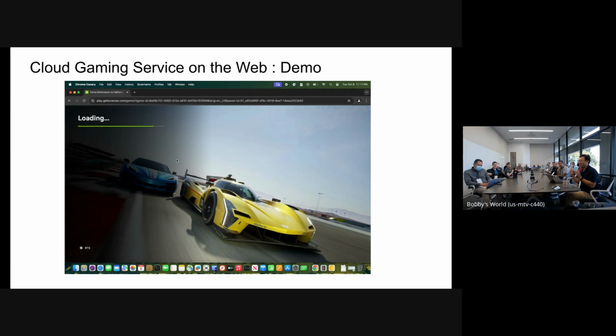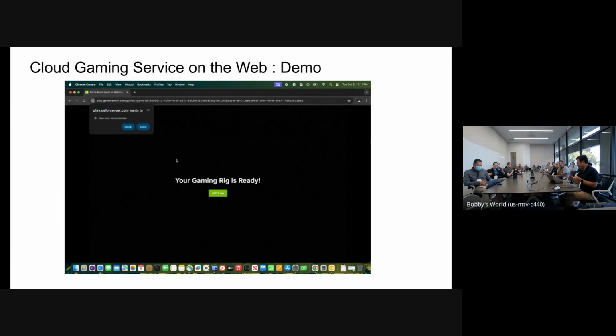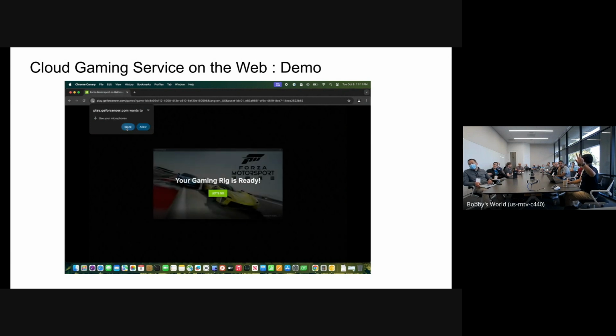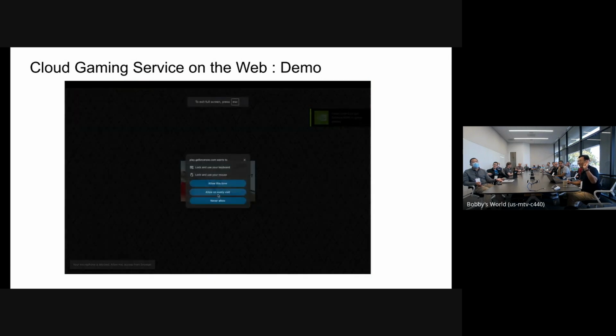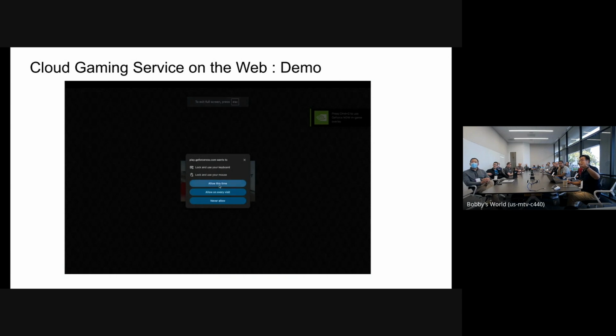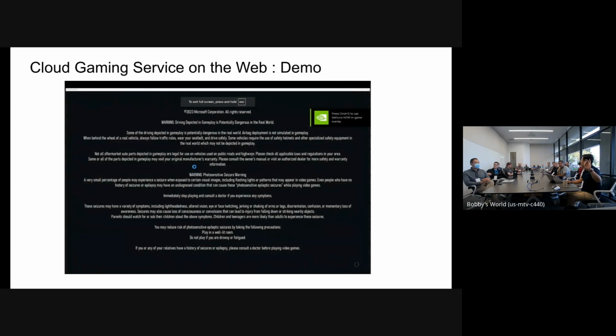Last time at TPAC, we discussed lots of user permissions for playing video games. So this is the first pop-up to allow or disallow the microphone. That is one. Another one is copy paste. And if we want to use keyboard and mouse lock, we have to have this pop-up again.